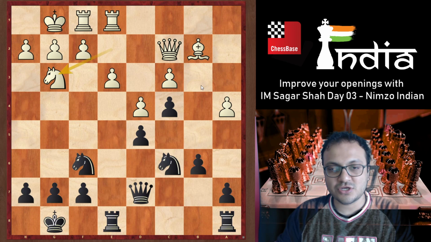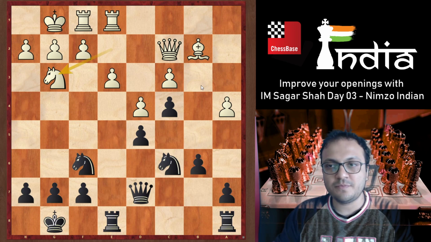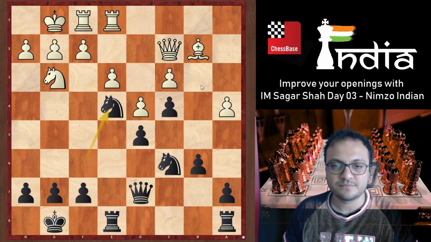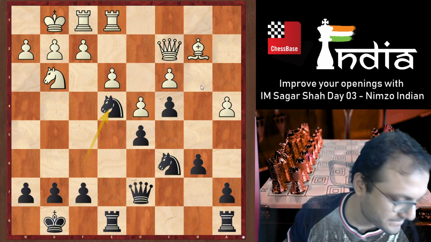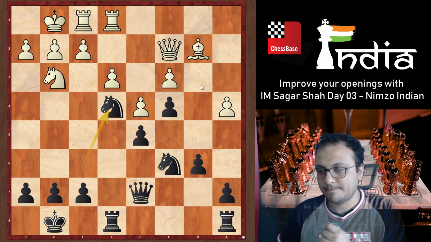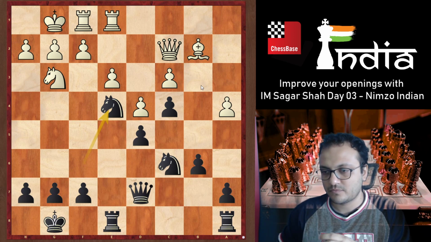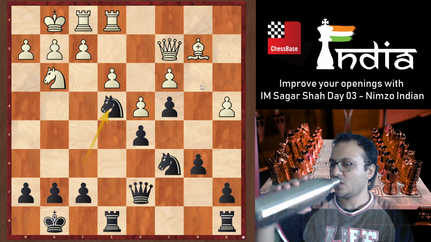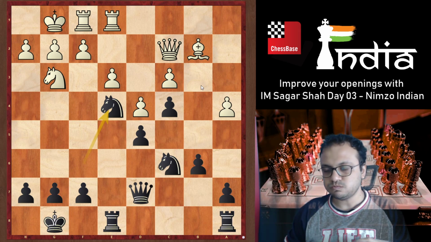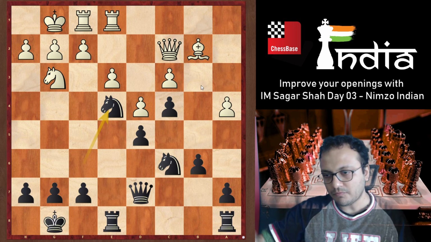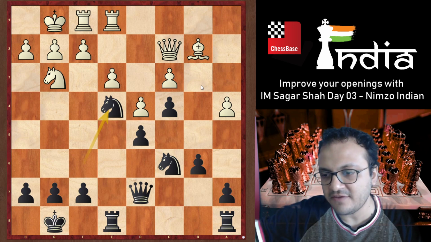By the way, one question to all of you here is, what do you play for knight to e4 in this position? It's white to move. What do you play? Knight e4.